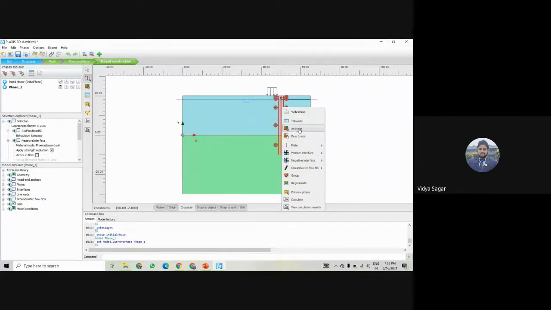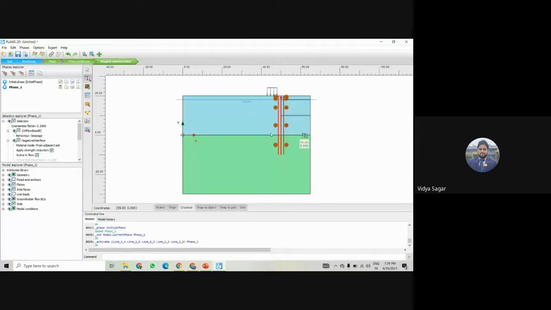So one option is this, either you can click from here or you can click directly from here: interface, load, and plate also, because this is the diaphragm wall, so if I activate it, line, plate and interface will be activated and the line load is remaining. So again I'll click on line load, right click here and activate.